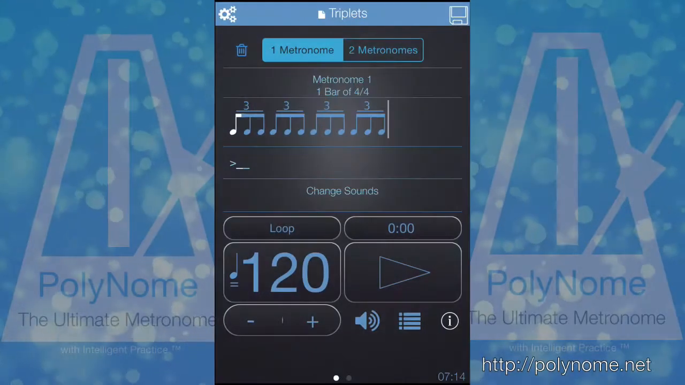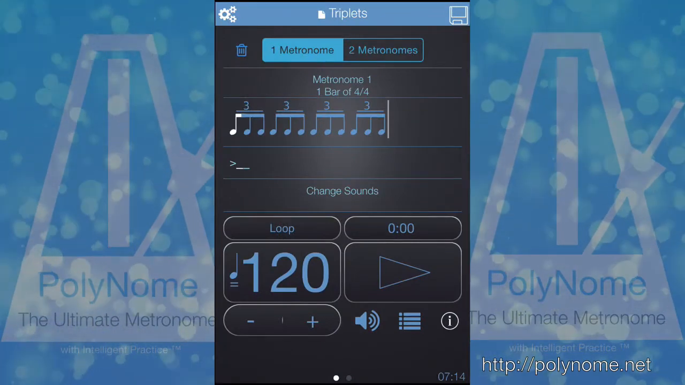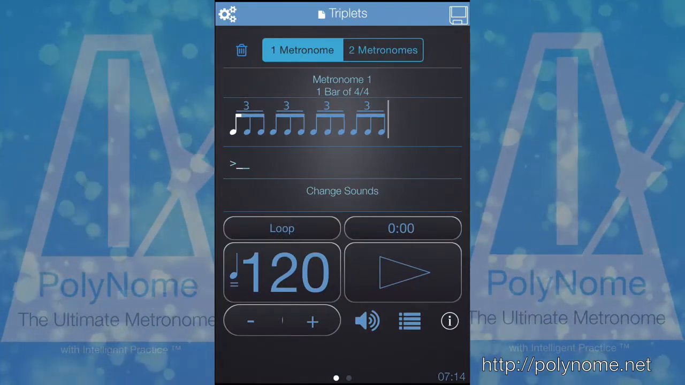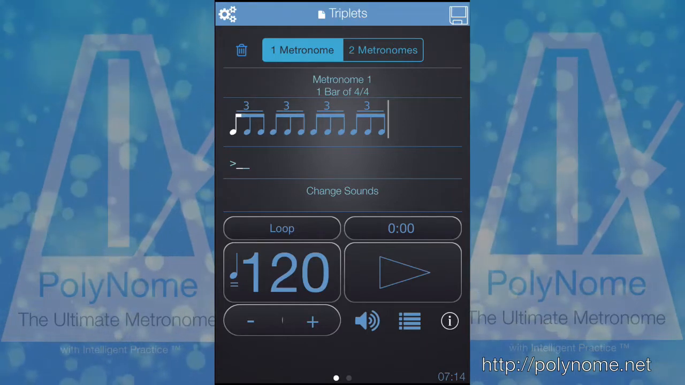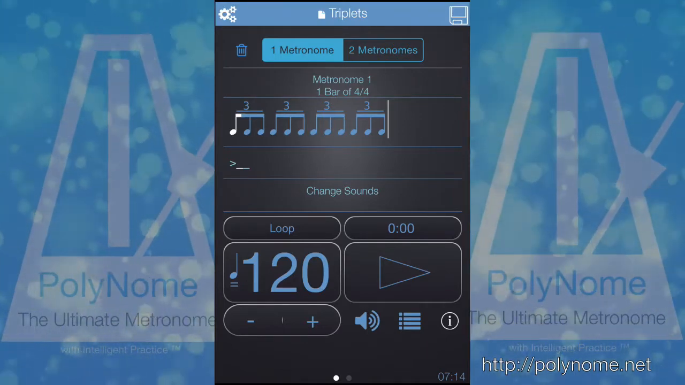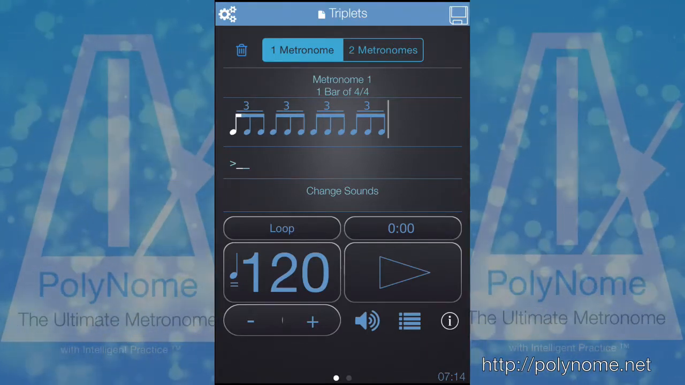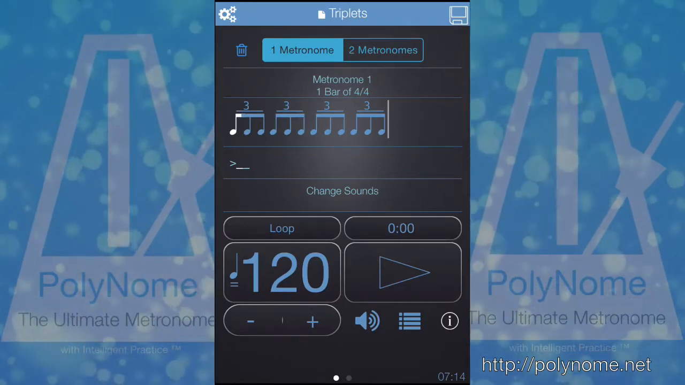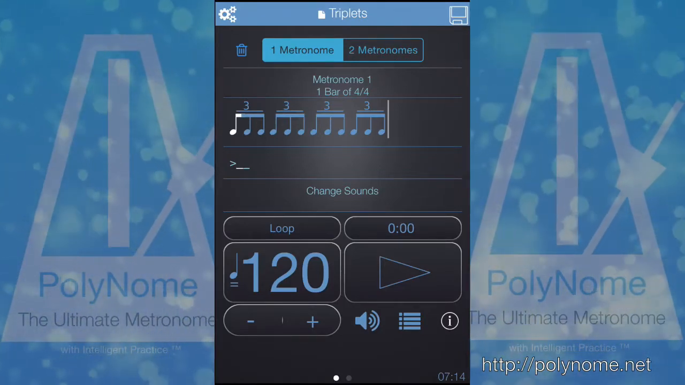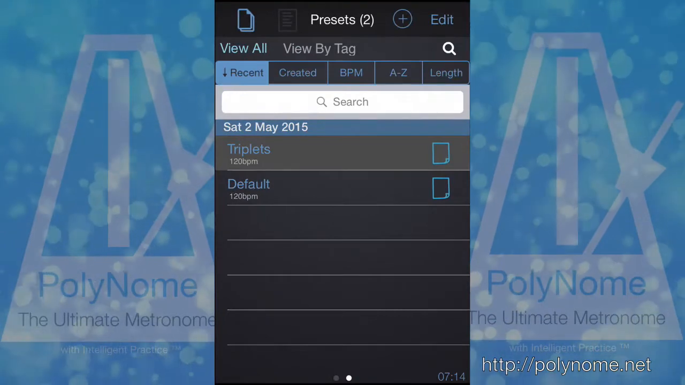I'm going to show you one of the new features in PolyNome 2.0.5, and this will be particularly useful for anybody who has a practice routine that involves playing different exercises for a certain number of bars or a certain amount of time. So what I'm going to do is swipe across to the presets and playlists page, and I